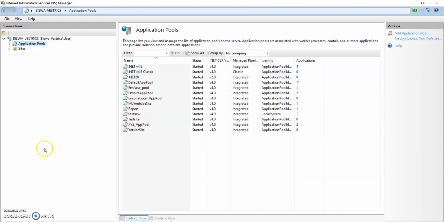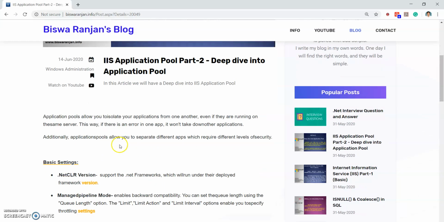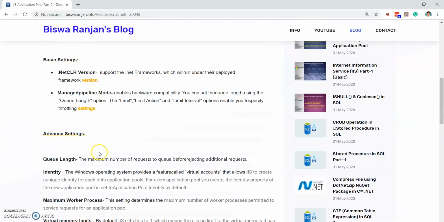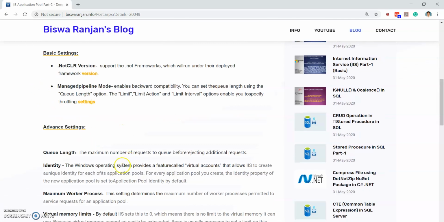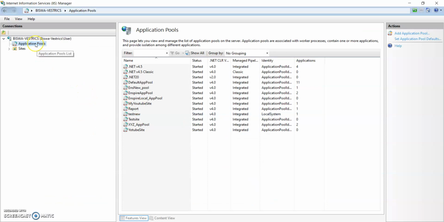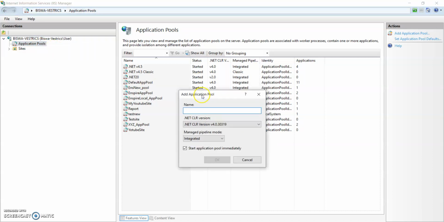So here I'm going to create one application pool, and I will show you the most important properties of the application pool. You can find these important properties and settings inside my blog also. You can go through it. Let's create the application pool and see one by one. So right click on the application pool and create our application pool. So you can see the application pool name. So let's say I'm giving